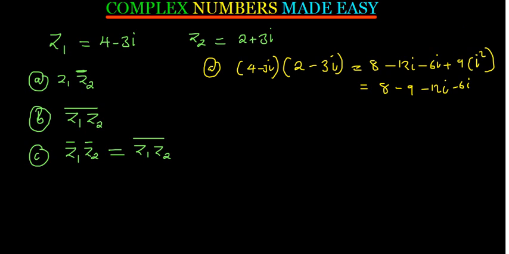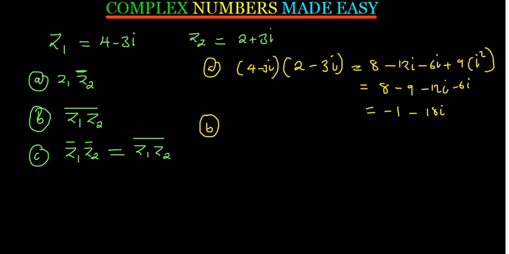Okay. So this is the 8 minus 9, which is negative 1. So I'm only adding like terms, and then negative 12i minus 6i, which is negative 18i. So that is Z for the first part. And then for B, we want to find